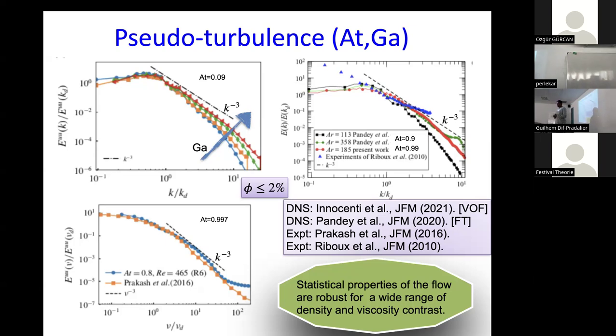Sure. So the Atwood number is defined as the difference, let's say, rho liquid minus rho bubble, over rho liquid plus rho bubble. So when I say low Atwood number, the difference between the liquid density and bubble density is negligible. And where can that happen? If you have an alcohol in alcohol mixture. On the other hand, if you go to air water, then your Atwood number is very large. It's 0.99.